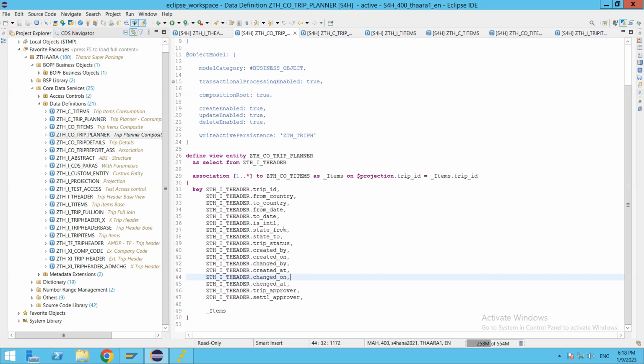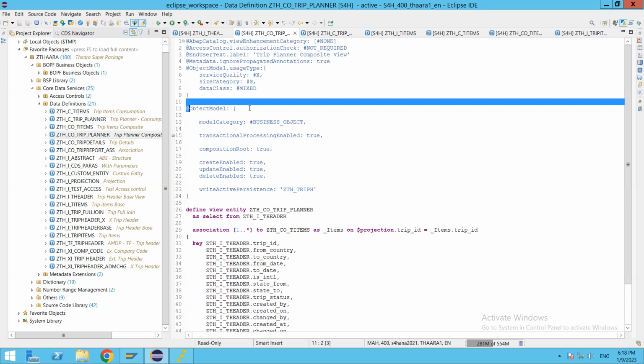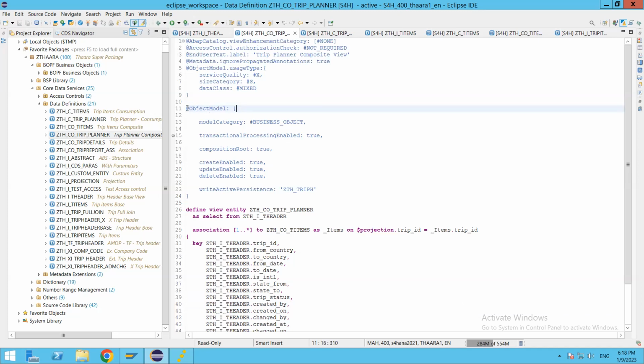That helps the business object understand the field names are exactly matching to the right active persistence annotation here. So this object model annotation is a must for